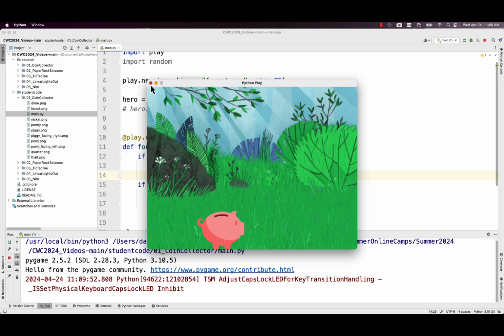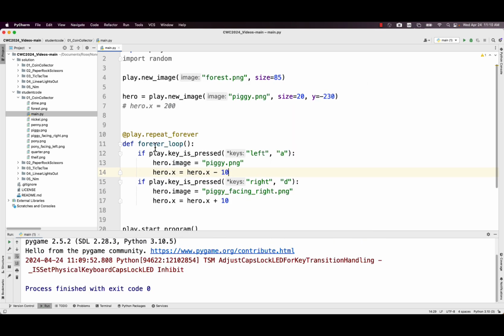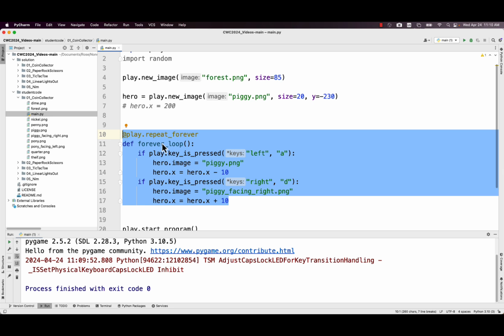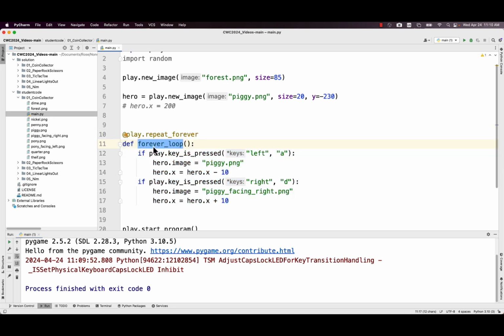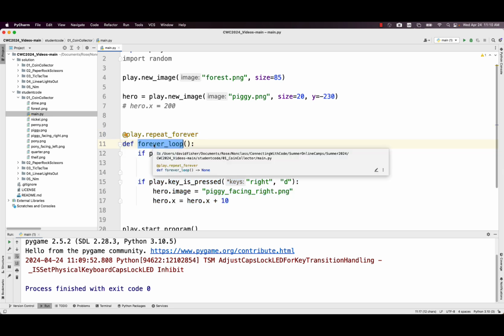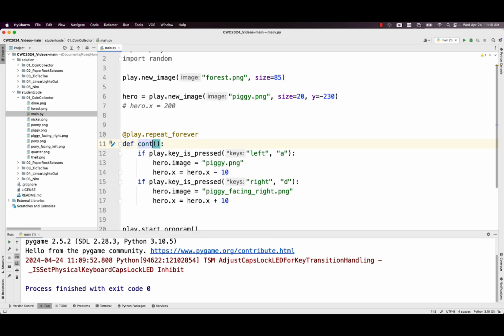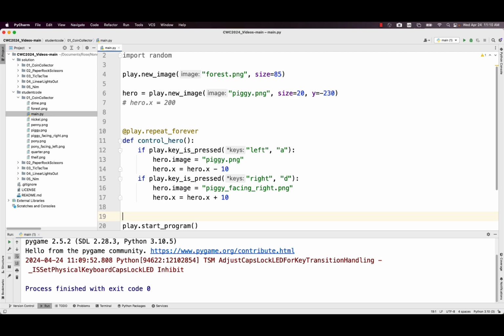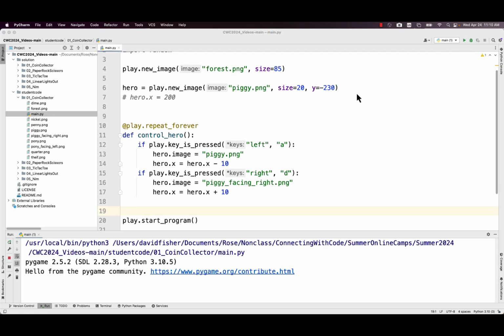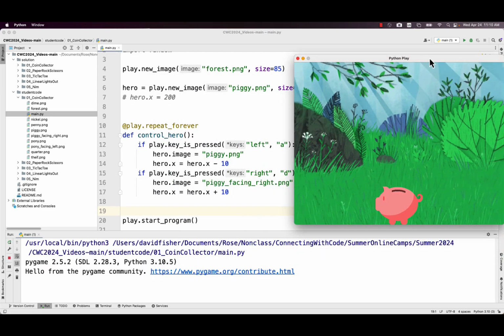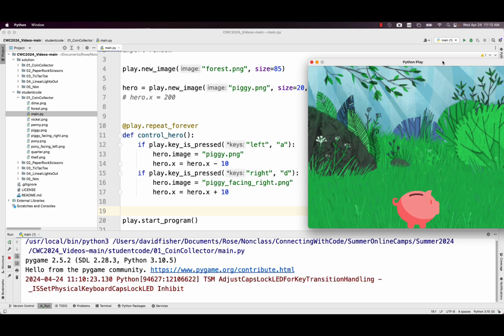Another thing that I would like to do is this area does loop forever. That's a true statement, but this is actually not a very good name. And so I'm going to call this control the hero. Now, I've been asking you to follow along with me blind, and by the way, that doesn't change the code at all. It still works just the same. I've been asking you to blindly follow along with me, which is good. You got to start somewhere, right? But I do occasionally want to try to say a couple things to help your understanding.